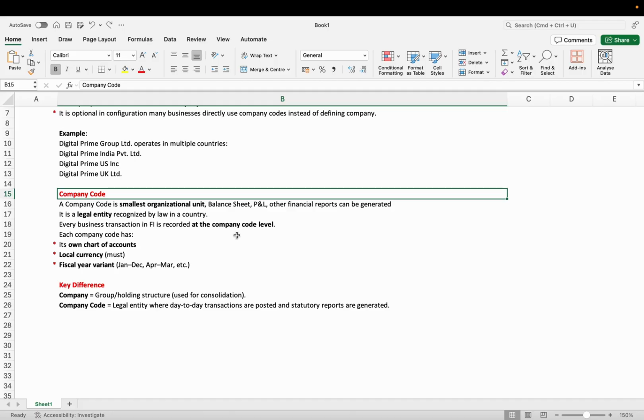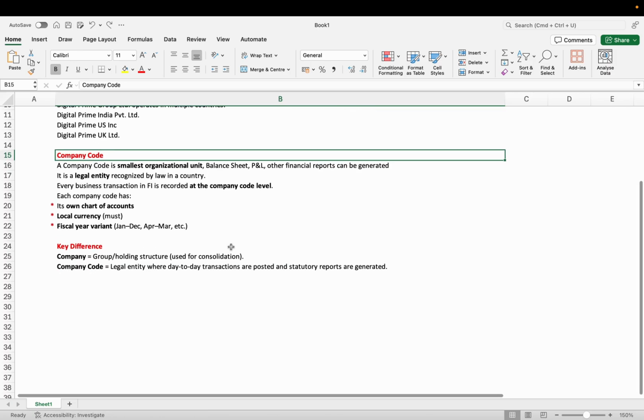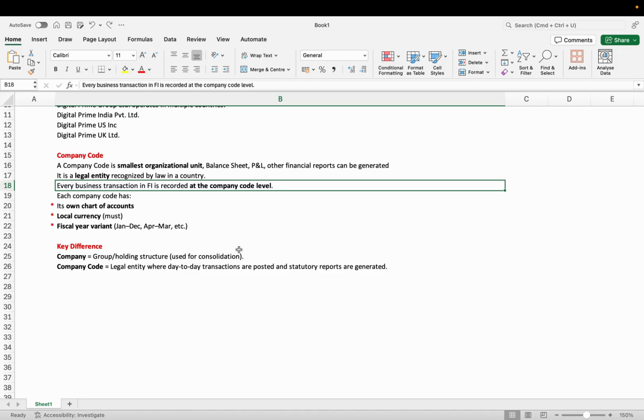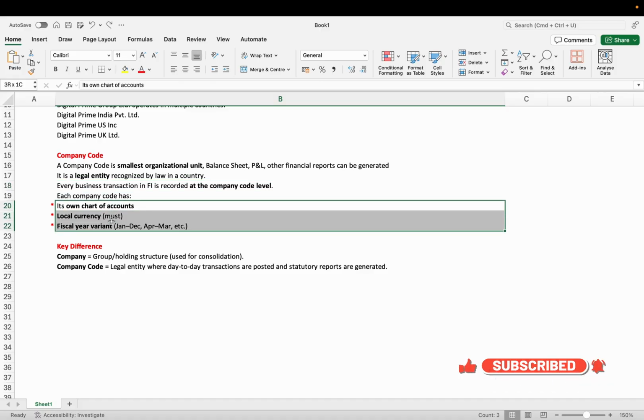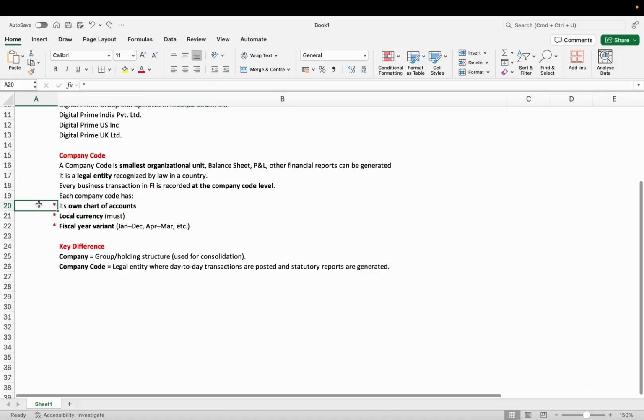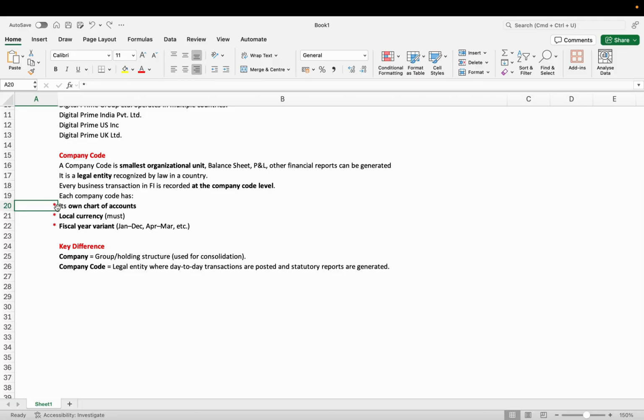It is a legal entity recognized by law in a country, and as we said, the financial transactions are recorded at company code level. There are three major elements which each and every company code must have: its own chart of accounts, local currency, and fiscal year variant.